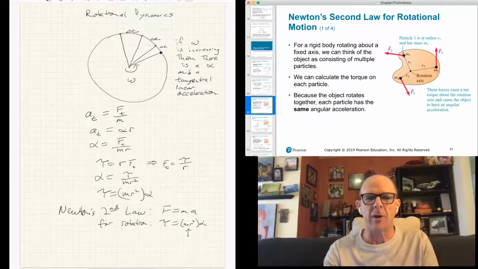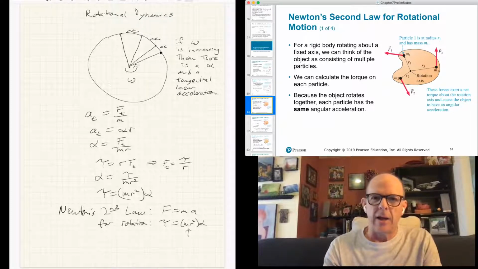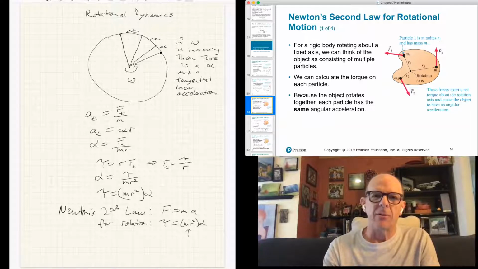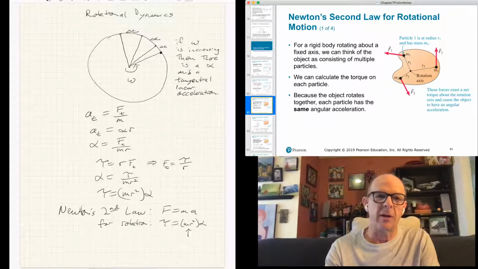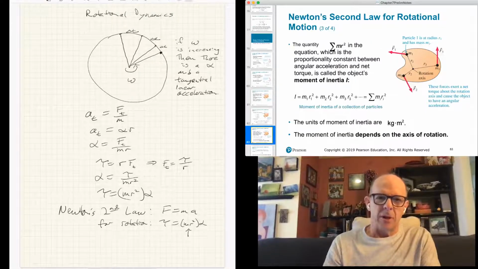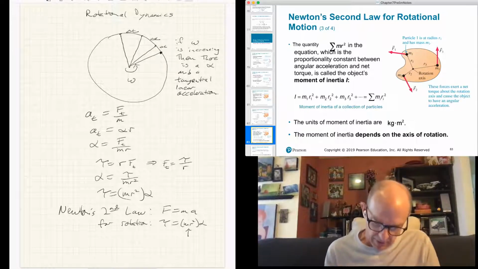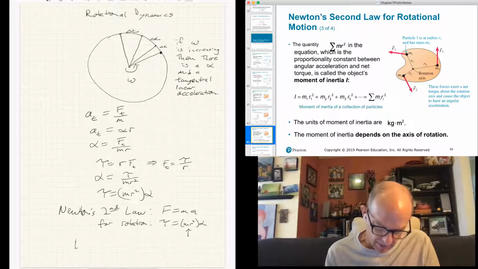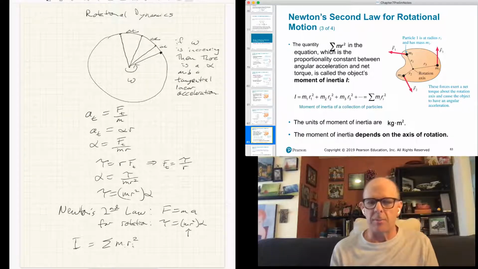And so that is defined in the slide here that shows that for any kind of an object, here looks sort of like a painter's palette, we can add up the mass of each individual piece of that object times the square of the distance of that piece from a rotation axis. And if we add that all up, we get something called the moment of inertia. So the moment of inertia, we use capital letter I, is the sum of m sub i r sub i squared over all of the pieces of